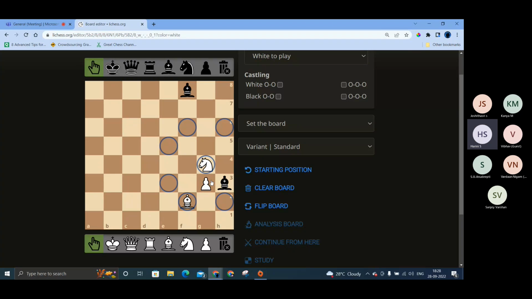Landing square. So 1, 2, 3, 4, 5, 6. Only these 6 squares. I can make the knight move here. From here, I can make the knight move here. From here, I can make the knight move here. Here. Now this knight, from here,